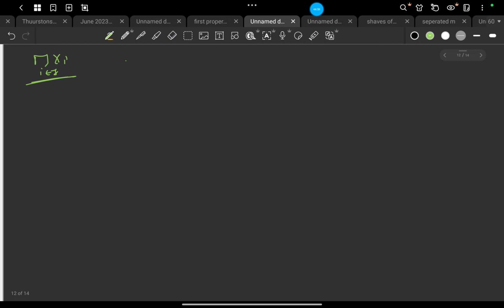Let us consider a basic open cover of this form, with G_j equal to the product over i belonging to capital I of G_ij, where each G_ij is open in X_i. So these are the basic open covers.